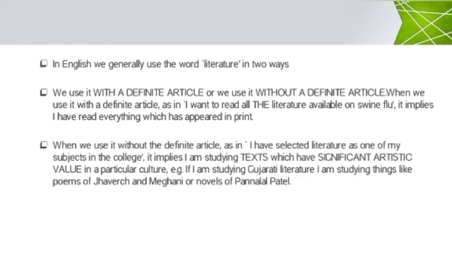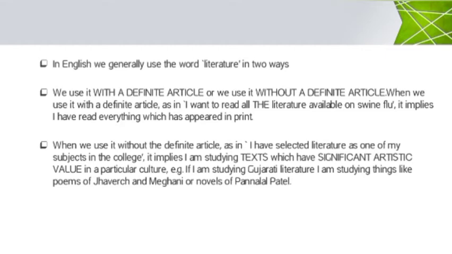In English, we generally use the word literature in two ways: the literature with the definite article, and literature without a definite article. Yang pakai artikel dan yang tidak pakai artikel.